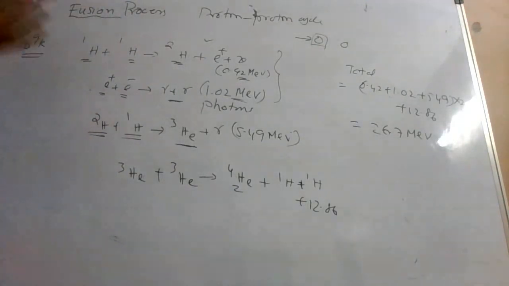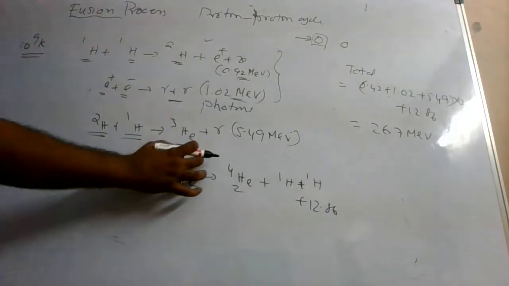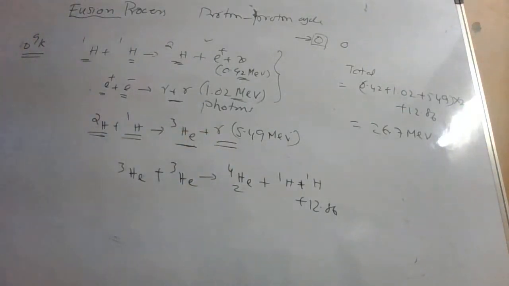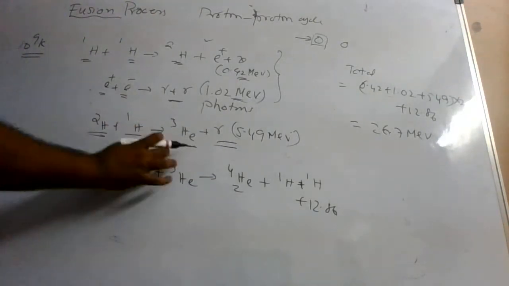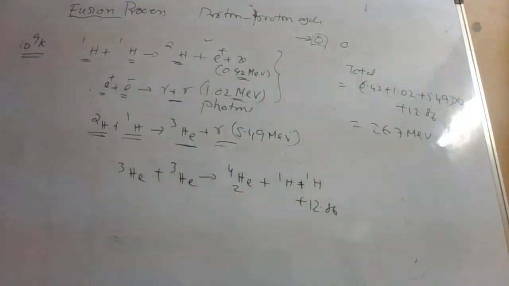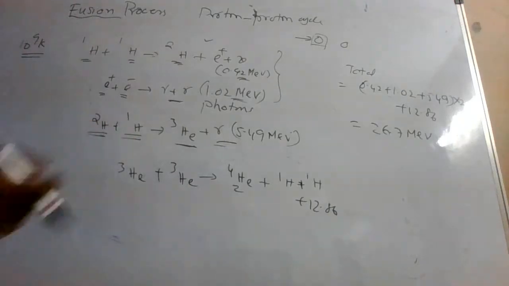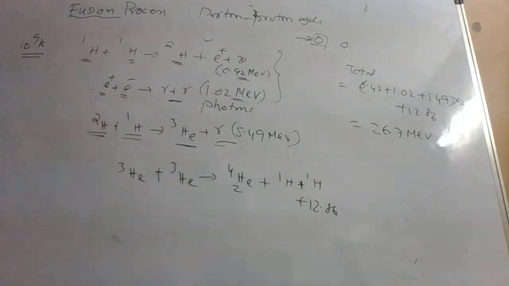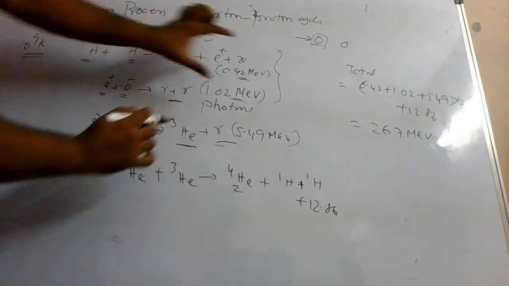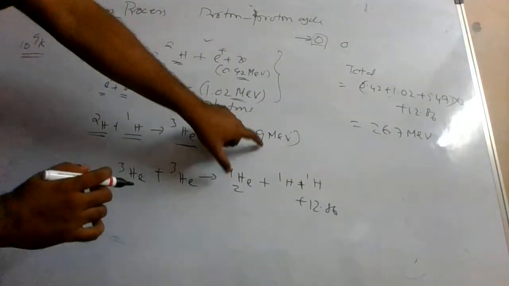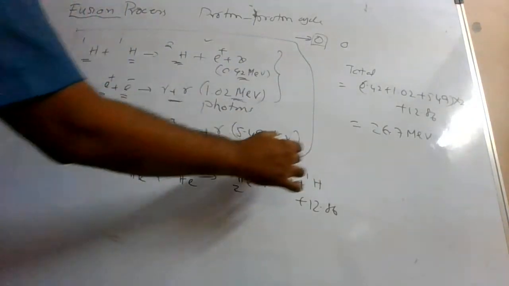So let us say you did some process. Deuterium you have fused with hydrogen, you get helium 3, and in this process also gamma rays are emitted, again because of mass defect. Take the left hand side mass, take the right hand side mass, take the defect, and this much energy is released. If the mass is balanced, left hand side is 3 grams, right hand side also 3 grams, no mass defect, no energy. But actually it is not like that. So helium 3 is created. These two steps are step 1 and step 2, and step 1 plus step 2 is one set.